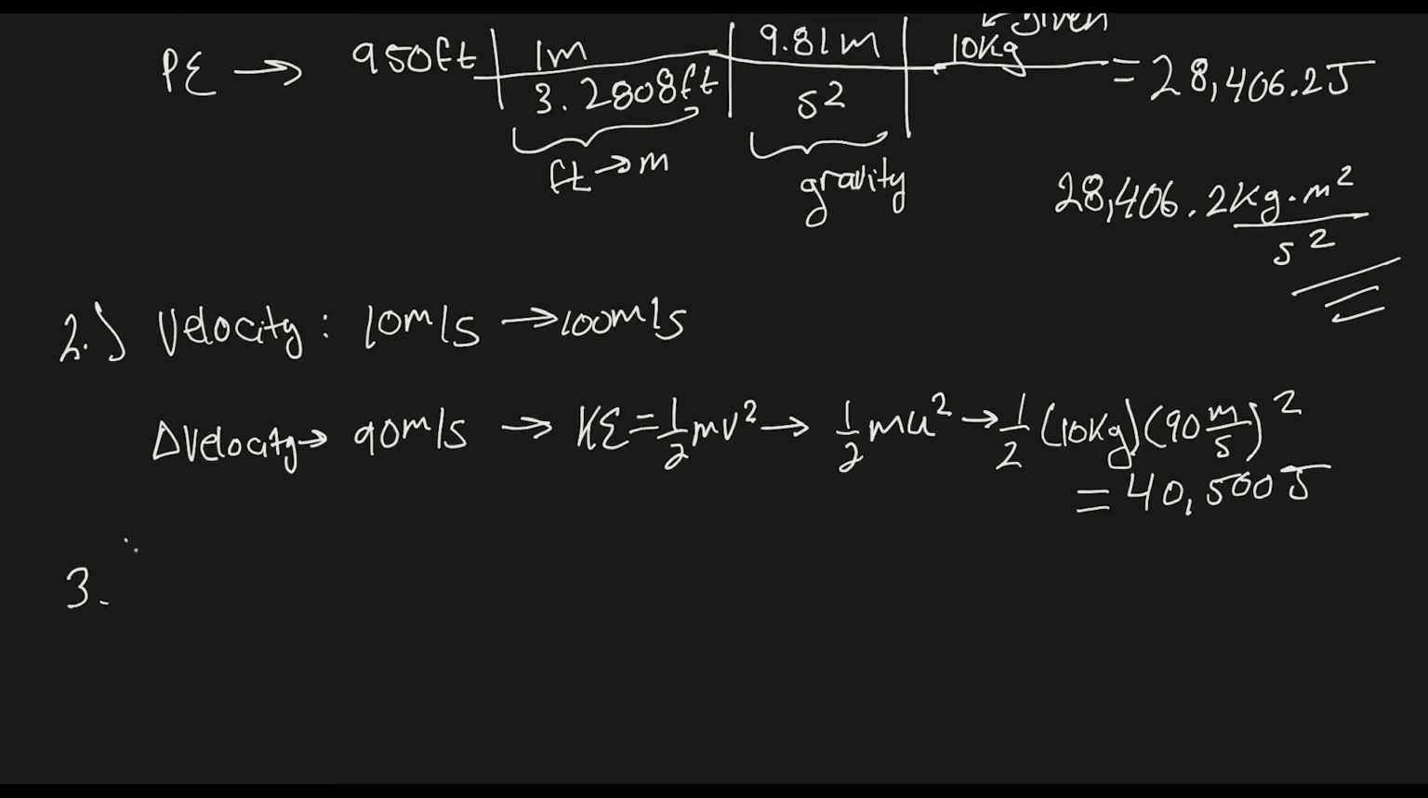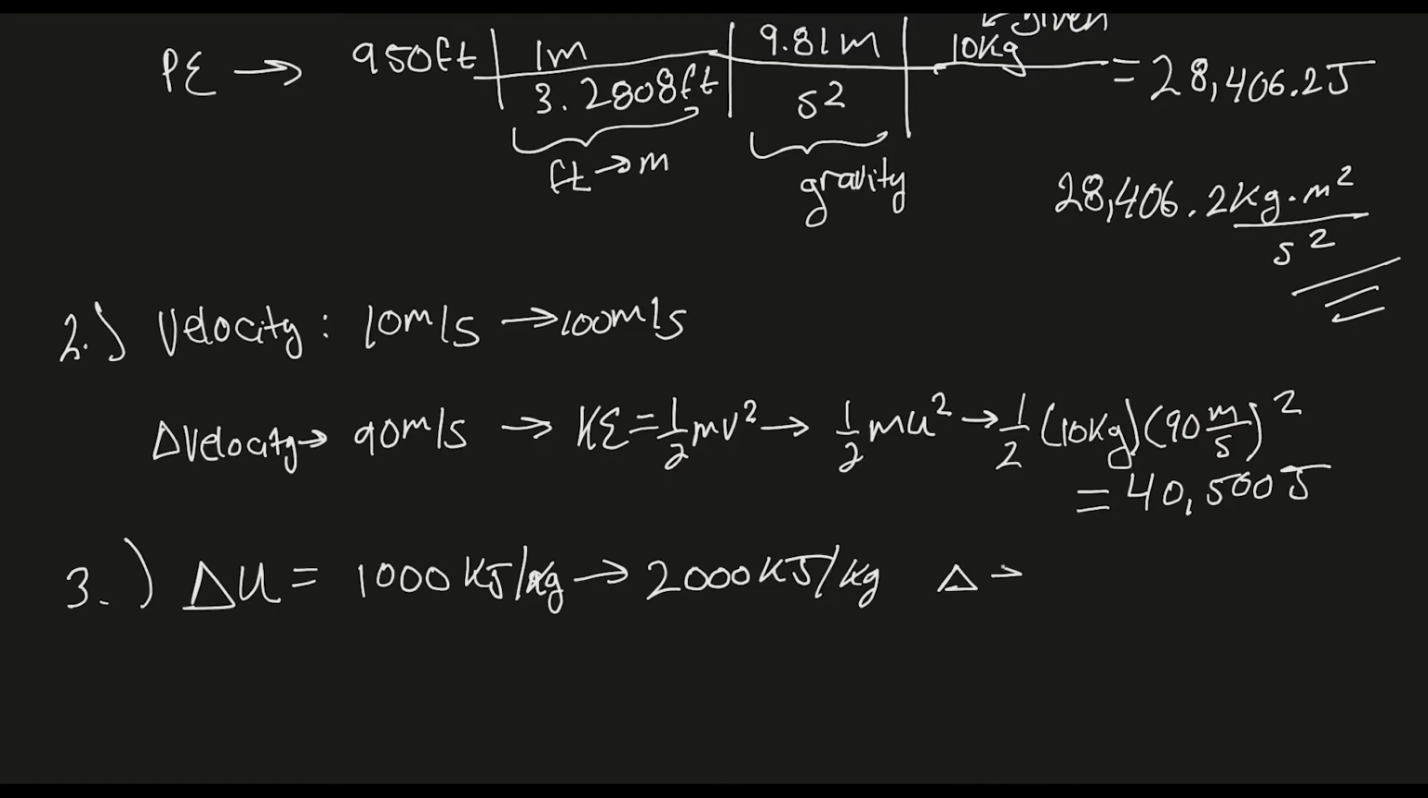So number 3, we said we have a change in internal energy. Okay, so how do we approach that? We're told that the change in internal energy is from 10 kilojoules per kilogram to 2,000 kilojoules per kilogram. And of course, the difference of that is 1,000 kilojoules per kilogram. You're taking your final minus the initial, you get a positive number, 1,000 kilojoules per kilogram. Okay. So then what you do is you write this down here,